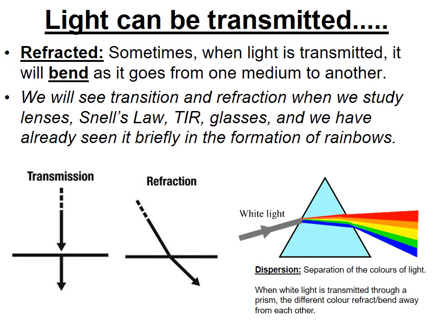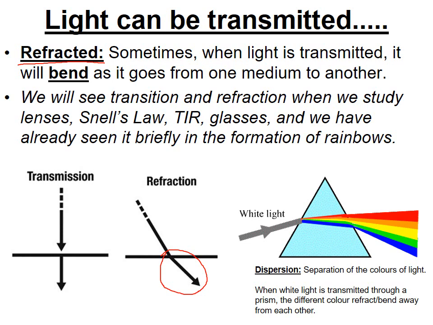So I did mention that light can be transmitted. It can go straight through an object. But sometimes when it's transmitted, in addition to being transmitted, it'll also bend. And that bending, as you can see here, that is called refraction. So light can be refracted. We actually saw an example of this earlier, when light from the sun